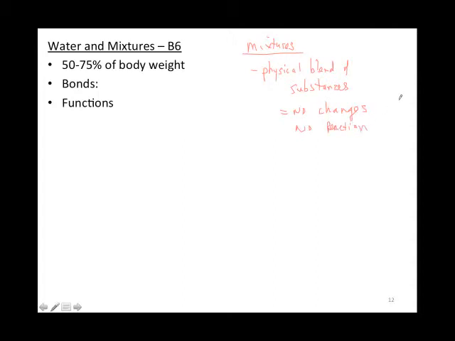So you're making cookies or a cake. You put in your flour, you put in your eggs, you put in your sugar, vanilla, nuts, whatever else you're putting in the cookies, and you just mix them together. Well, basically you just have a physical blend of those substances. Nothing happens to those substances until you put those cookies in the oven, and then you add heat to them, and then you get these chemical reactions that are occurring, which then bake those into cookies. And now it is no longer a mixture. It is now a new compound, which in this case would be a cookie.